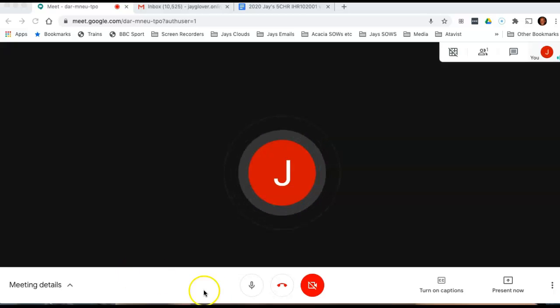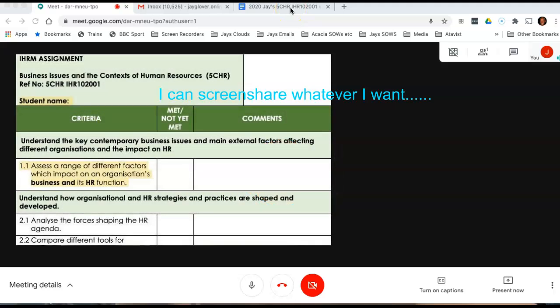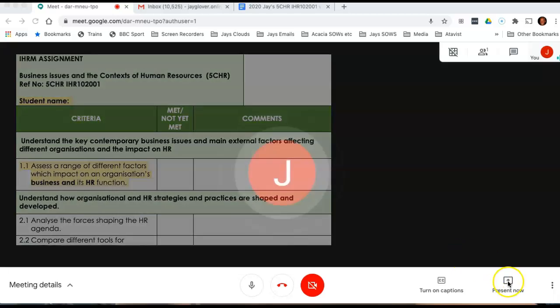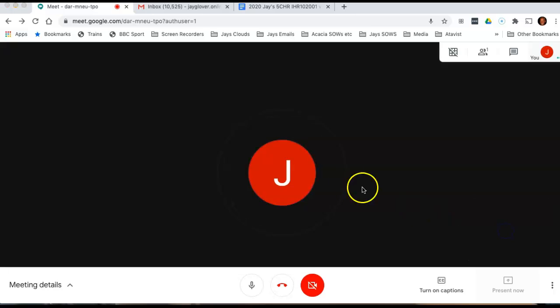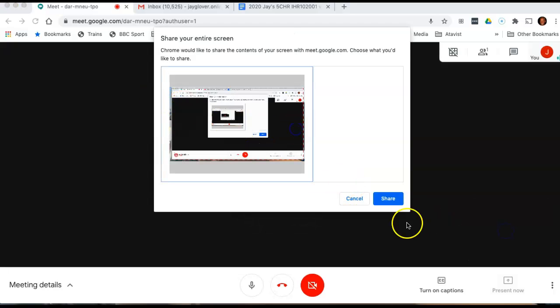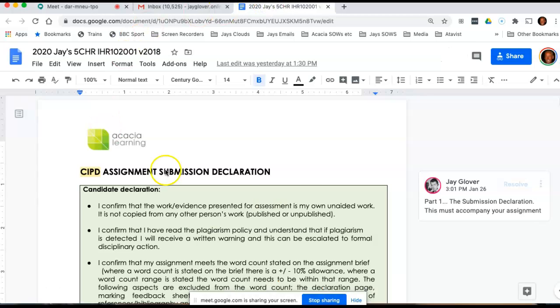Still on the subject of screen sharing, I'm going to go back to present now, and up at the top here I've got some tabs open. You may be able to see them, and one of these is the 5CHR assignment. So I don't just have to talk about what's on my slides. I can go back to present, and I can select entire screen as before, share, and now I can click on this tab and up comes